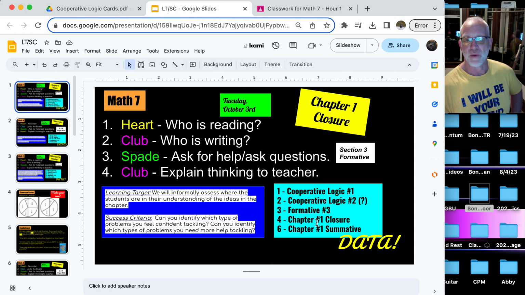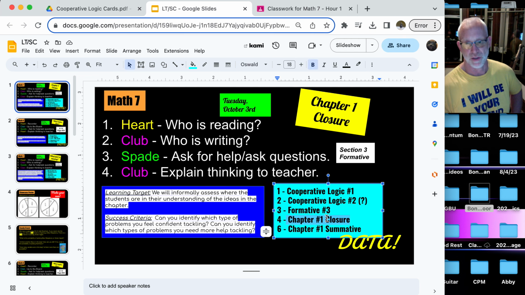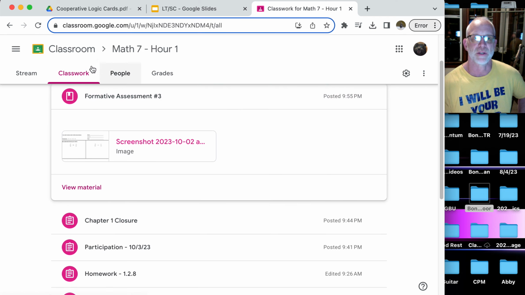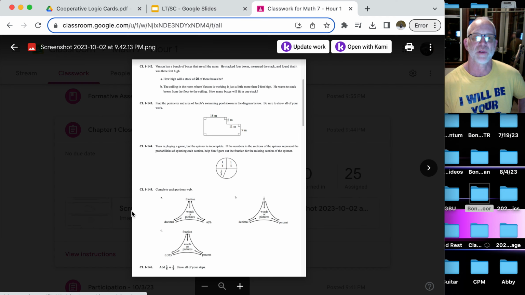And after that, we worked on our chapter 1 closure. Now, what I said to the kids was, before you can get your summative, you have to have your closure done. Okay, so we want to make sure that you get the help where you need to get the help. So on the closure, what we're looking for, and this is under your classwork too. So chapter 1 closure, if we look at this,